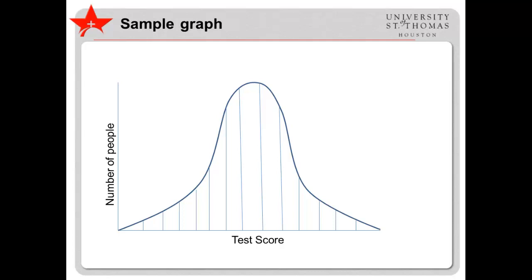This graph presents the distribution of data and is called a frequency distribution graph. Each bar represents the number of people who earned a particular score on a test. Creating a frequency distribution graph gives you a good sense of whether your data include extreme scores, which could be a data entry error or could be due to an outlier, which is a score well outside the typical range